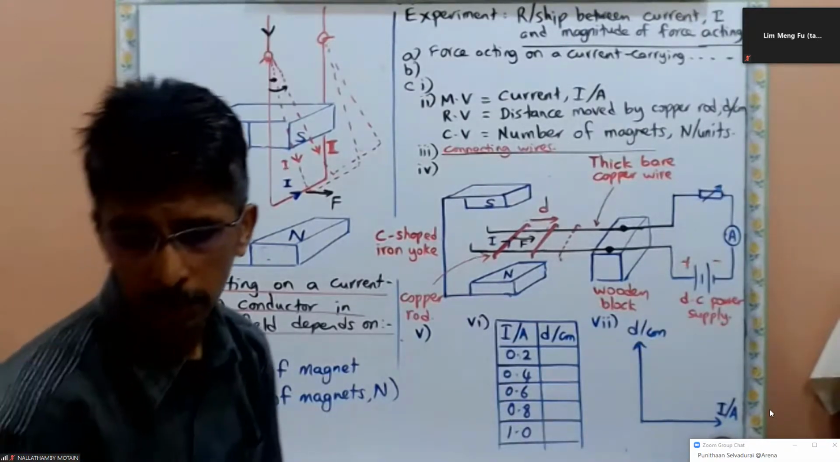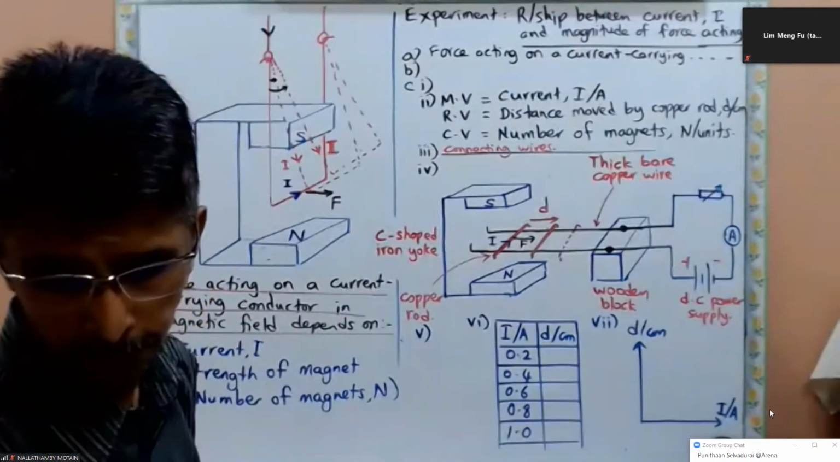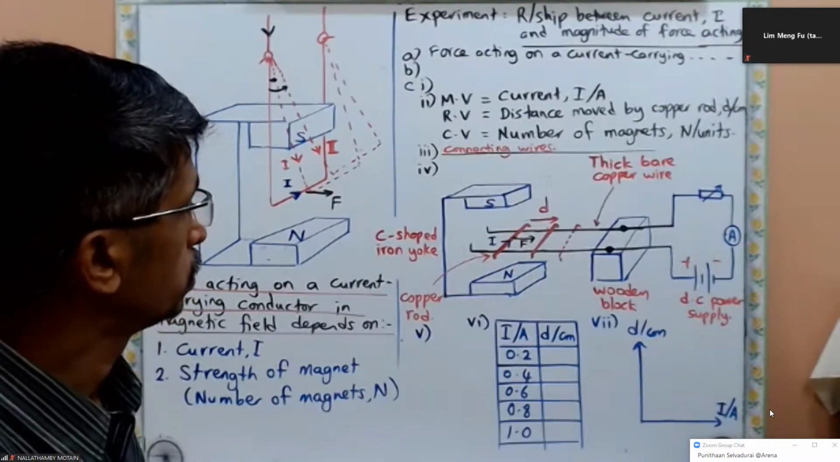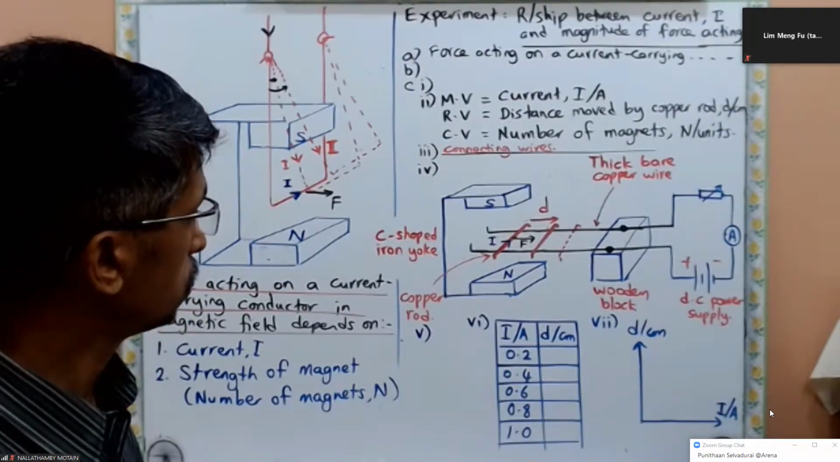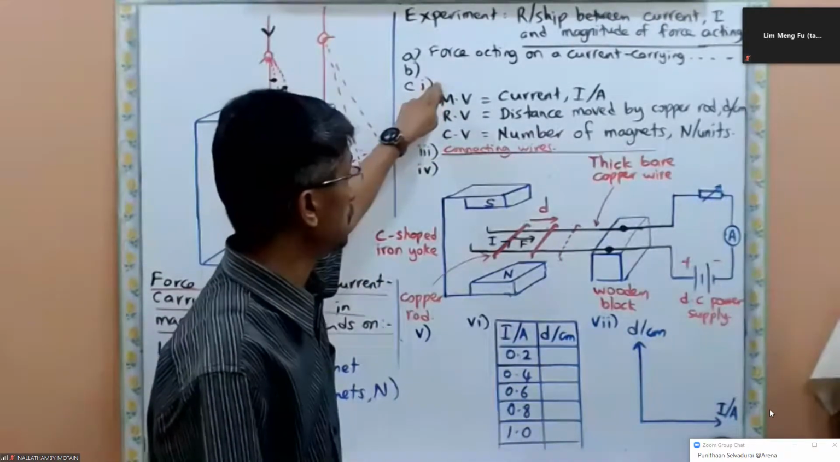Okay, when current increases, distance moved by copper rod also increases. Okay, for the C1,